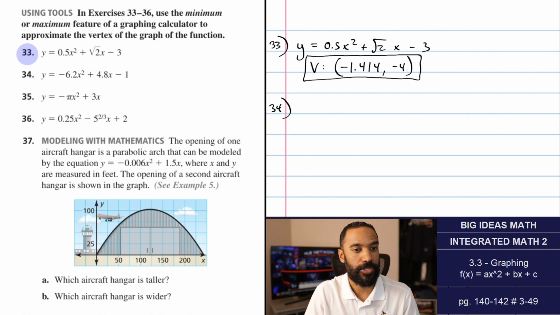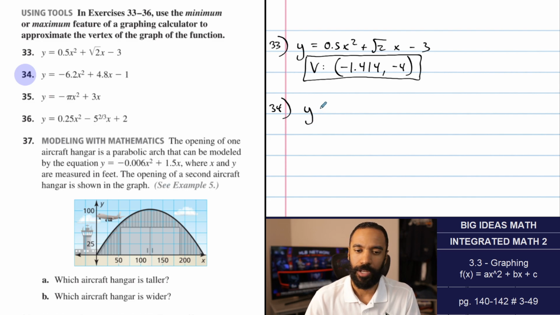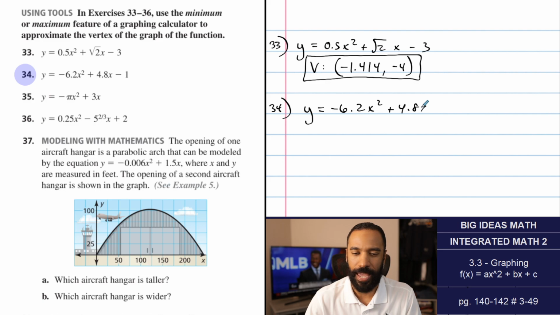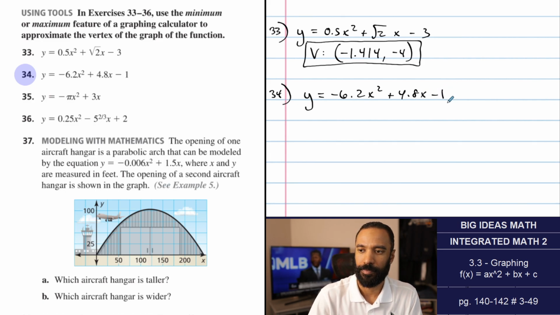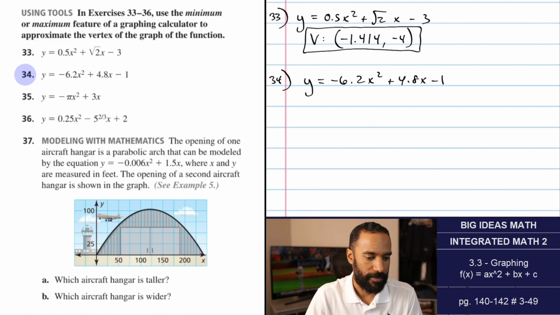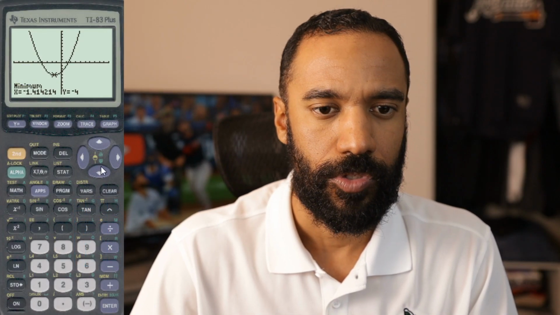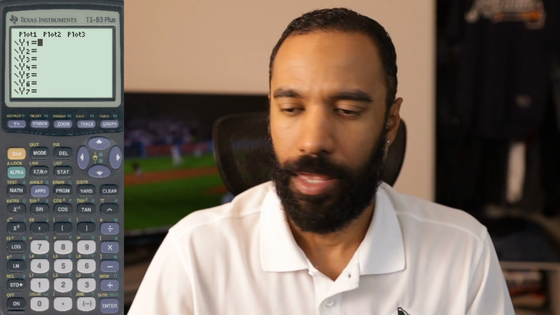Number 34. Now notice I hit minimum on that one here. And I don't know what kind of calculator you have. Mine's a TI-83, if that helps you. At least the emulator. Y equals -6.2x squared plus 4.8x minus 1. Okay, so use the graphing calculator. Here we go. So y equals -6.2x squared plus 4.8x minus 1. Okay, so the graph,